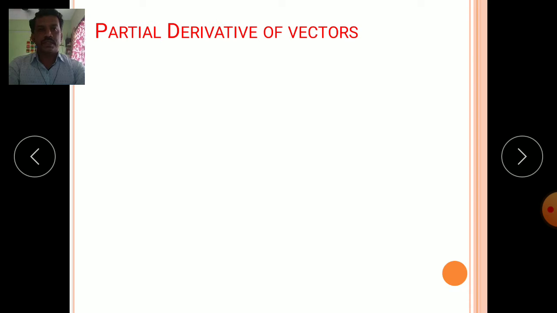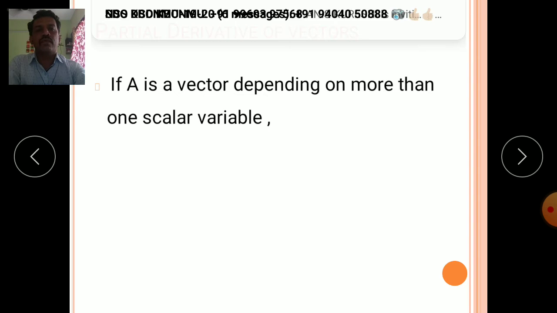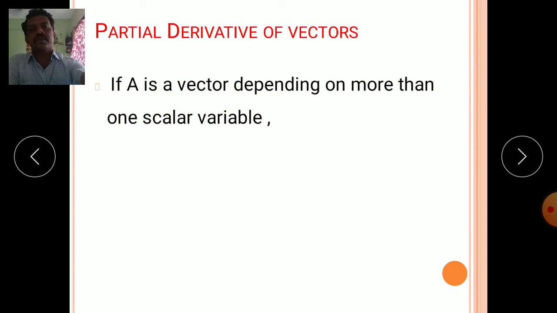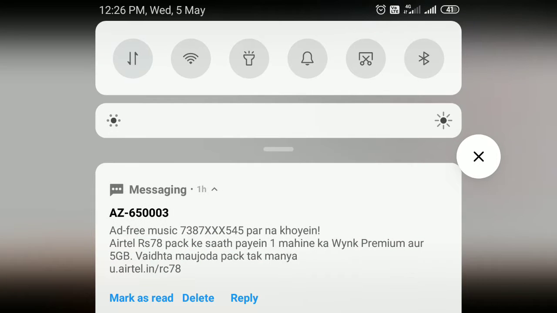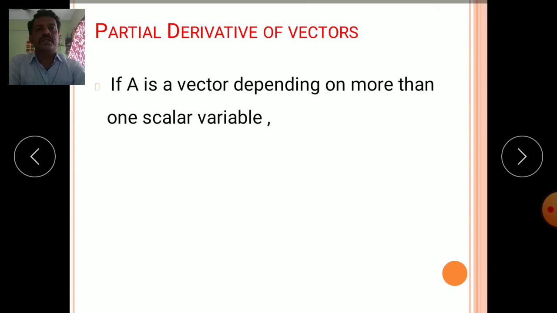So we start the first point, partial derivative of a vector. Partial means some part. So it is known as half part. Like this we say that it is a few part, not total. So it is known as partial derivative of vector. If a vector depends on more than one scalar variable,